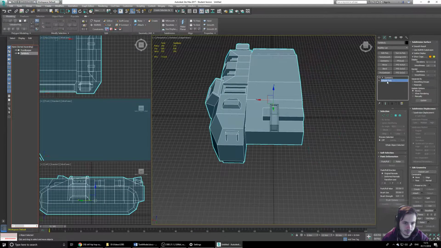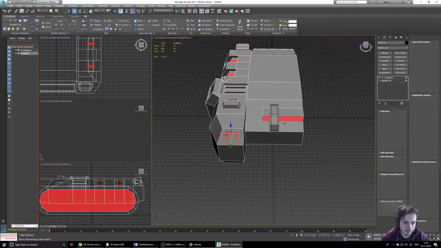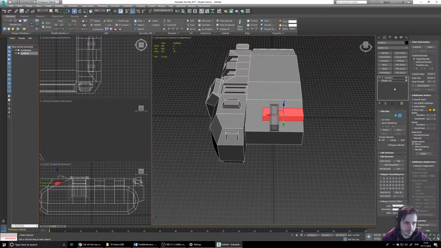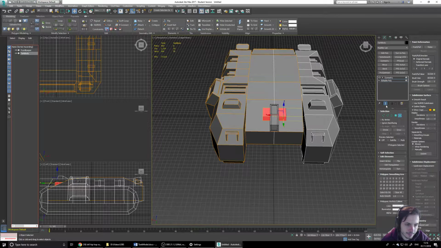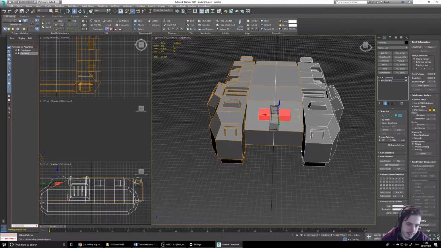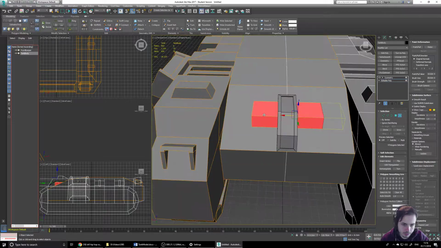And the last thing we're going to do is just go onto Edit Poly, go onto Element Mode, select our window, and click this little Show End Result on or off, right? And now we can see what's happening on our symmetry, even though we're not in our symmetry. Start pulling this out. This yellow and orange is where the old mesh before the symmetry is. And we start pulling this out